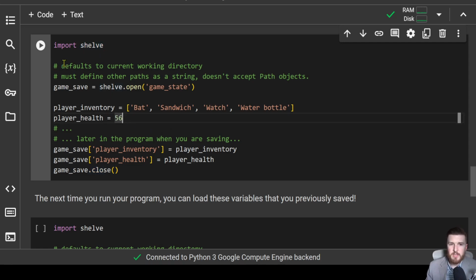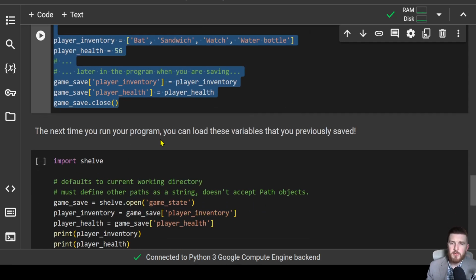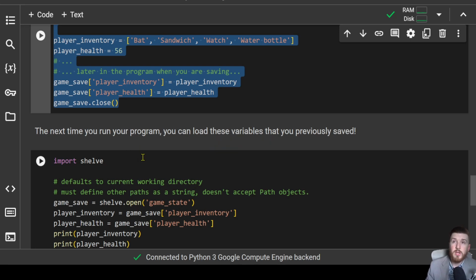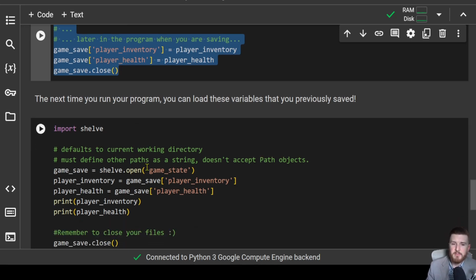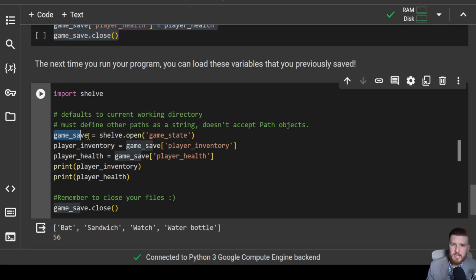Okay? So let's say we do that, we save, and then later on, maybe the next time you run the program, somewhere that it makes sense, in the very beginning of the game starting, maybe you just try to load up the inventory, or load up the game save and see what's been saved. So in order to do that, all I have to do is type out game save as my variable name. It could be anything, but for it to make sense, I'm calling it game save, and I'm calling the shelve.open